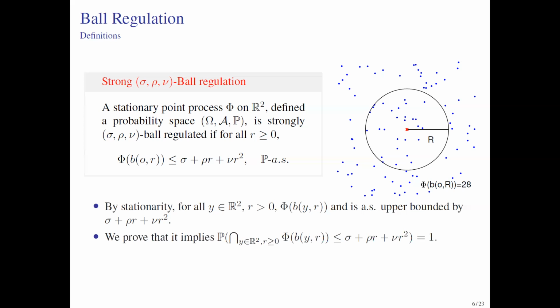And furthermore, we could prove that, in fact, for all the locations in space, jointly they are almost surely upper bounded by the polynomial form. We could also generalize this sigma rho nu ball regulation to a general form ball regulation, where we only need to require that the formula on the right-hand side of the inequality